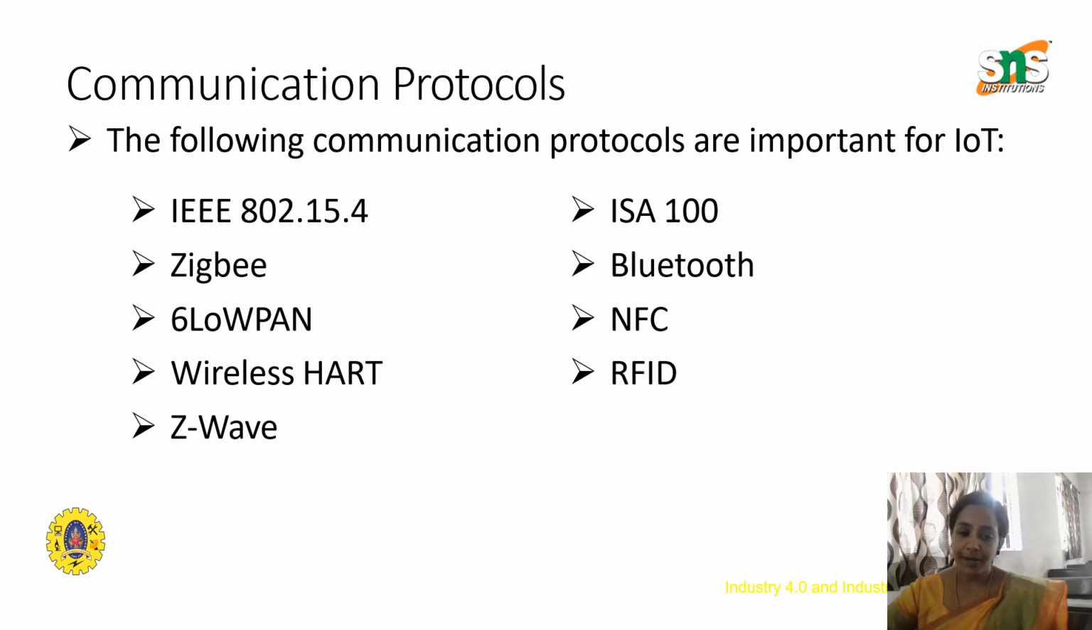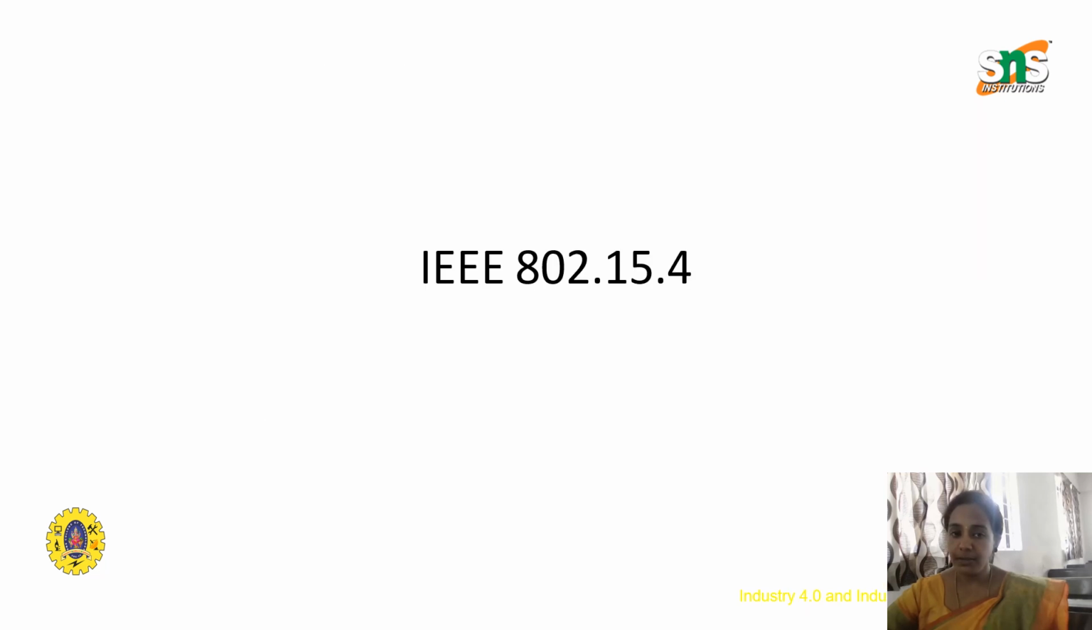Bluetooth, we know. Radio frequency identification, we know. NFC, ISA 100, Z-Wave, Zigbee, WirelessHART, IEEE 802.15.4. So these are the low PAN. These are the communication protocols which are usually used in Internet of Things. So the first one which we are going to learn here is IEEE